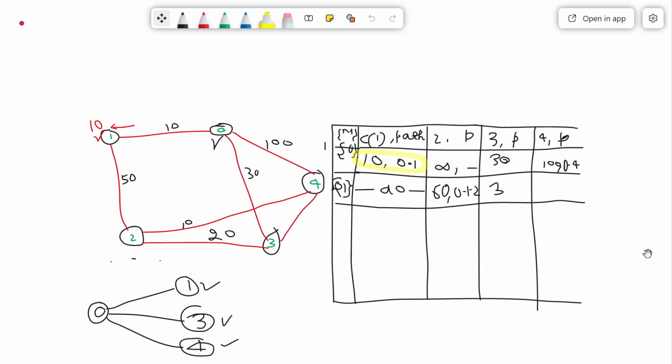So 30 stays, and the path is 0 to 3. Now next 4: from 1 to 4 there is no link, so it remains the same, 100, and this is 0 to 4.